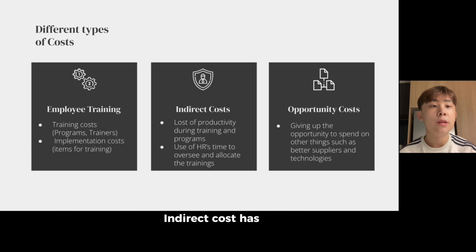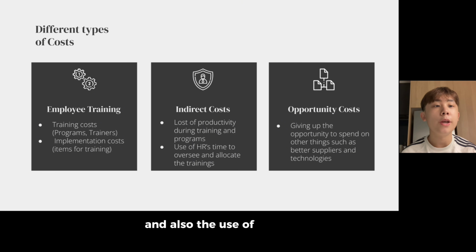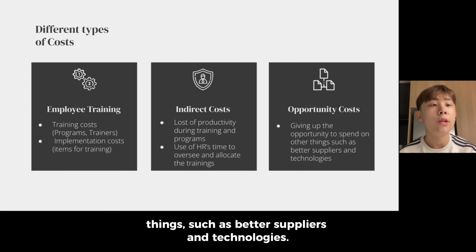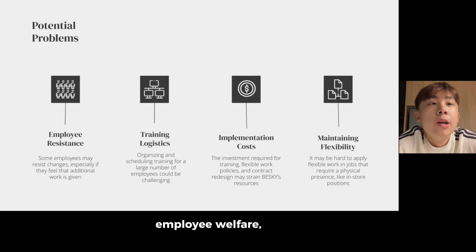Indirect costs include a loss of productivity during training programs, and also the use of HR's time to oversee and allocate the trainings. And also an opportunity cost. Doing this recommendation will cause Besky to give up the opportunity to spend on other things such as better suppliers and technologies. While this initiative has the potential to greatly improve Besky's employee welfare, there are several challenges to be